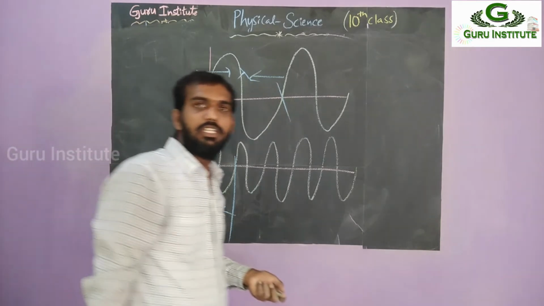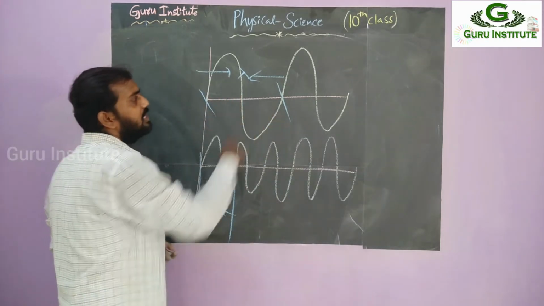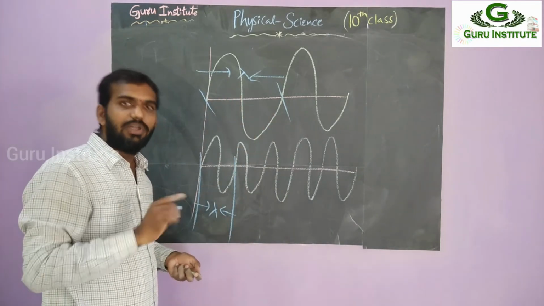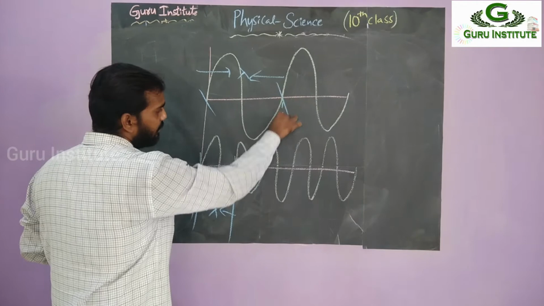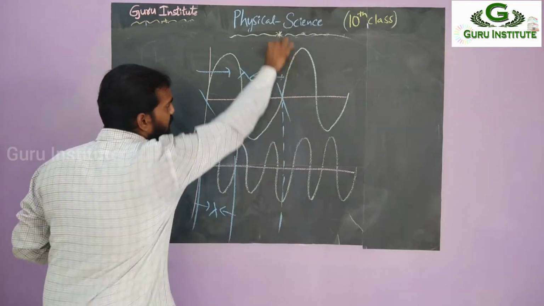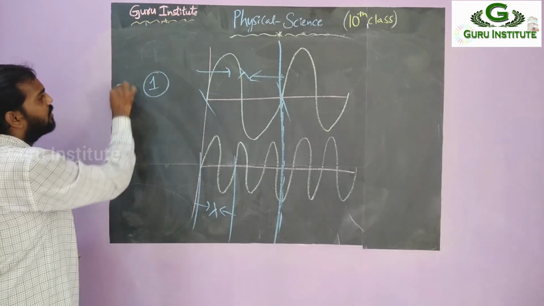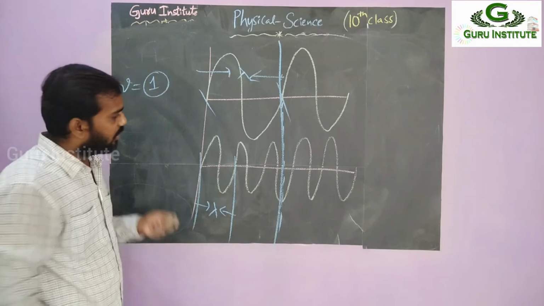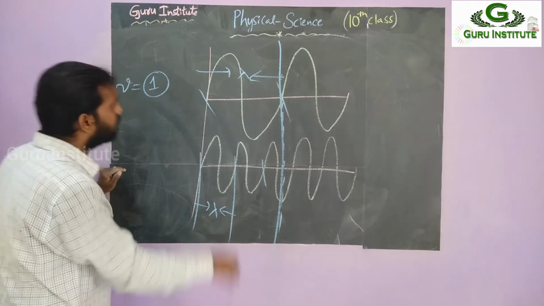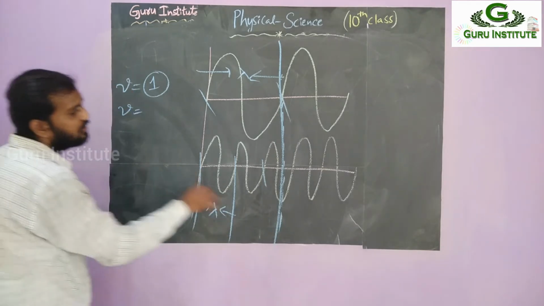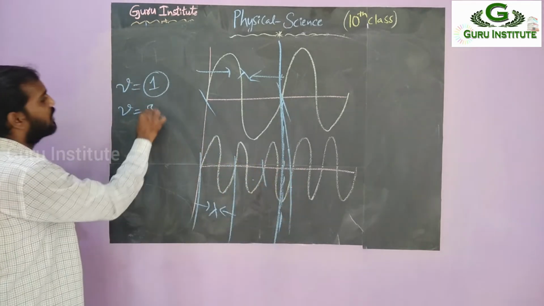Then coming to the frequency, the number of vibrations or peaks in 1 second. Suppose this lambda is covered in 1 second time. For example, this wave is covered in 1 second, and take the same time here also, up to here, 1 second. In the first wave, in 1 second, how many waves are completed? 1 wave is completed, so the frequency is 1. In the second one, there are 1, 2, and 2.5 waves, so approximately, up to here, totally 3 waves: first wave, second wave, third wave.